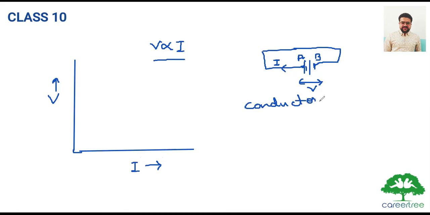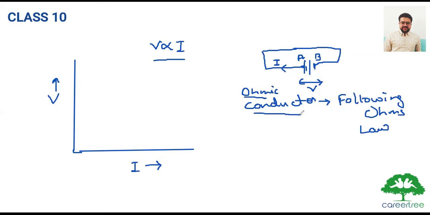Any conductor which is following Ohm's law is known as an ohmic conductor. So for an ohmic conductor, potential difference across the terminals of the metallic wire is directly proportional to the current. The graph after plotting would look like